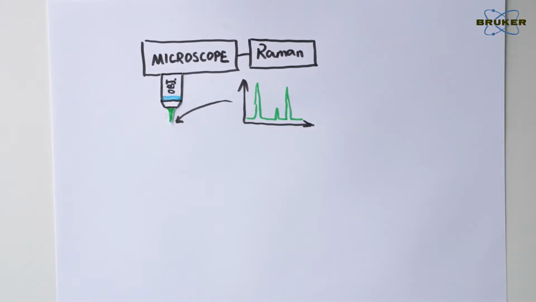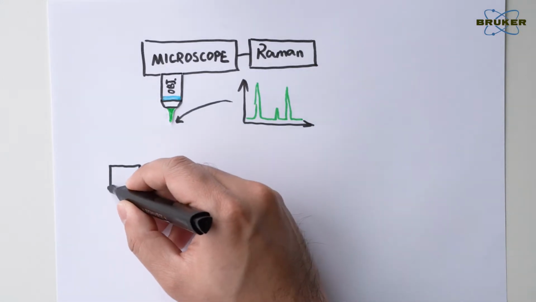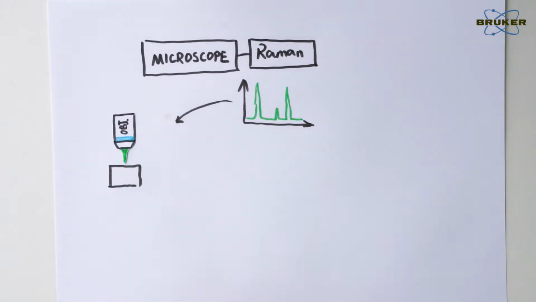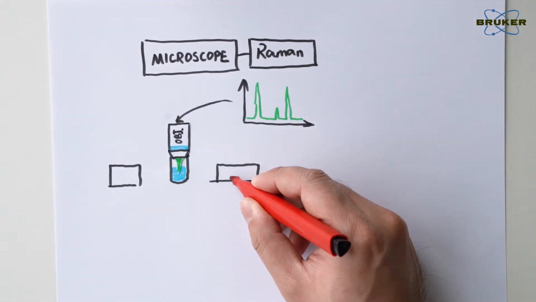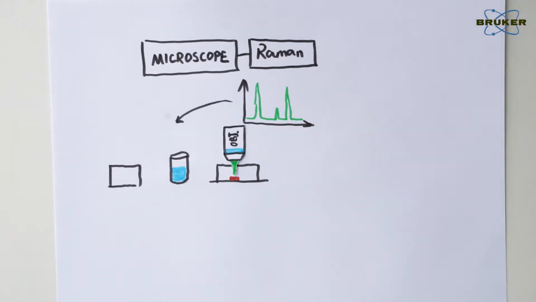In this way, in addition to the microscopic image, we can obtain a Raman spectrum. With visible laser light, this combination is very easy. The measurement point can go anywhere the visible light could also go. That means we can measure beneath a material surface, in water, or through a glass window, or without sample preparation.